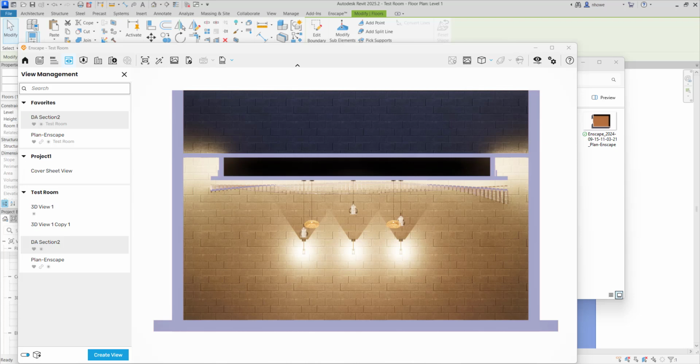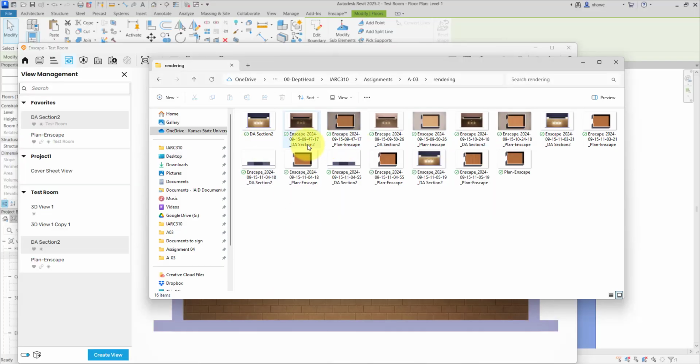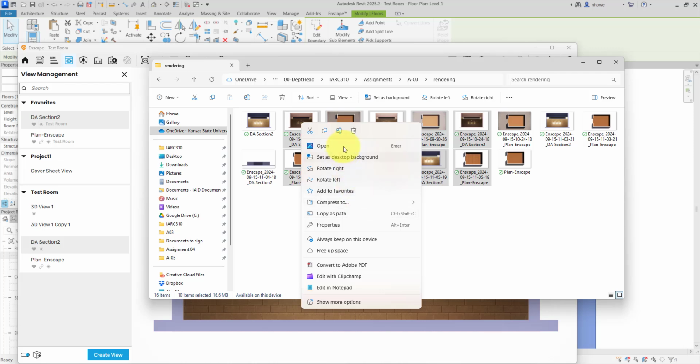But a couple things I've noticed is I've been using Enscape for batch rendering. You'll notice that it always puts these timestamps on it, so you have to go to date modified to find out which one's the last one to do, especially if you've done a lot in your last few hours. So